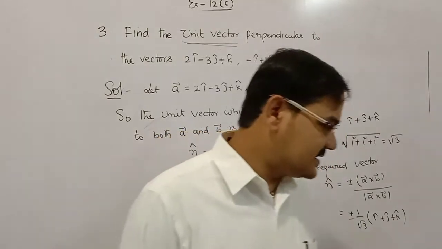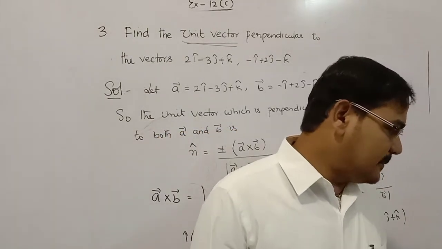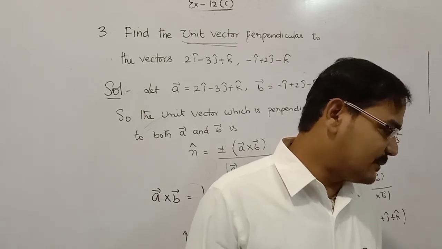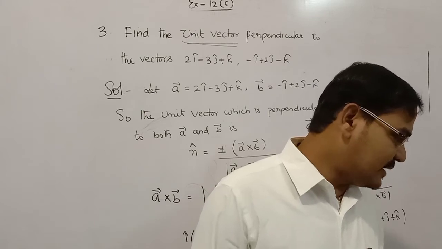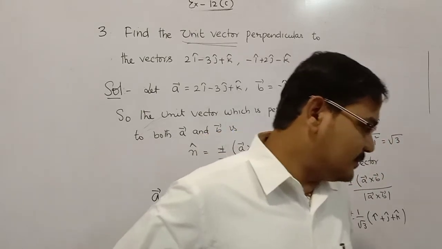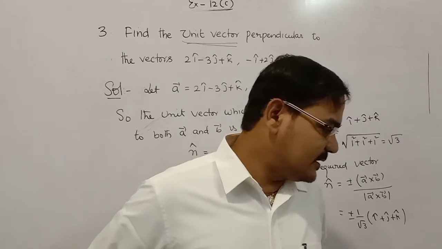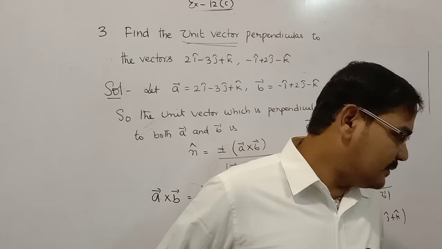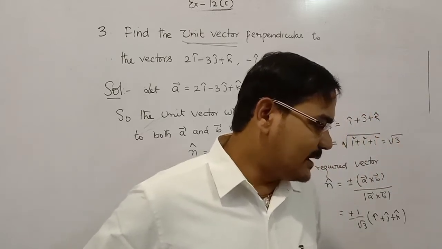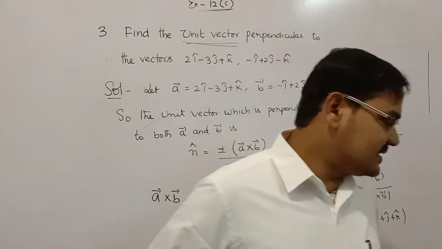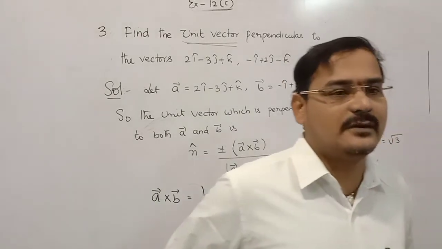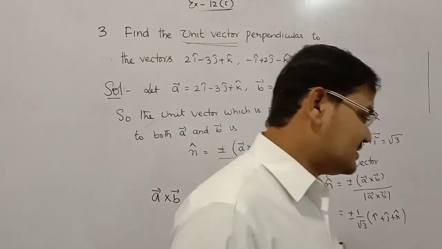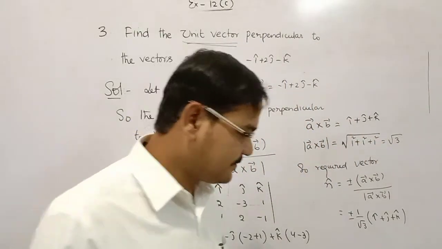What is the question? Read it. Determine the area of the parallelogram whose adjacent sides are the vectors in the 4 options. 4 types of questions are given. The first is 2i comma j, the second is I bar plus j bar comma minus I bar plus 2j bar, the third is 2i bar plus j bar plus 3k bar, I bar minus j bar, and the fourth is 1 minus 1 1, 1 1 1. In the fourth question he has given it in point form, so you need to consider it as a vector A bar. Okay, now we are going to discuss question number 4.